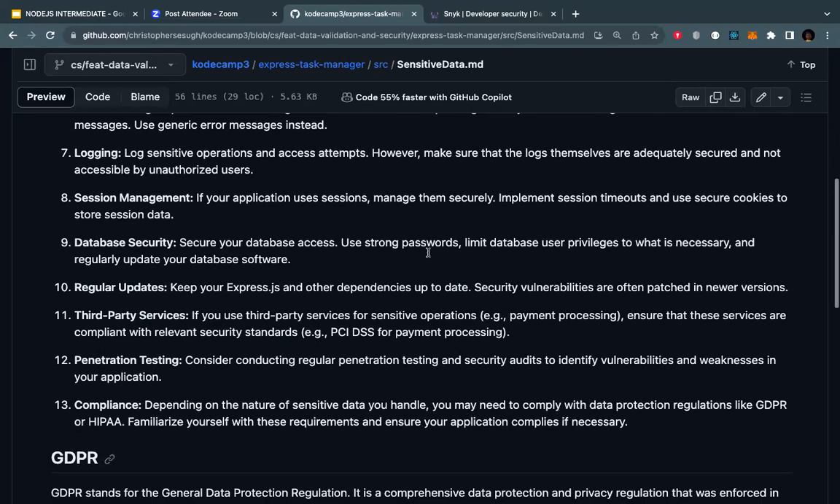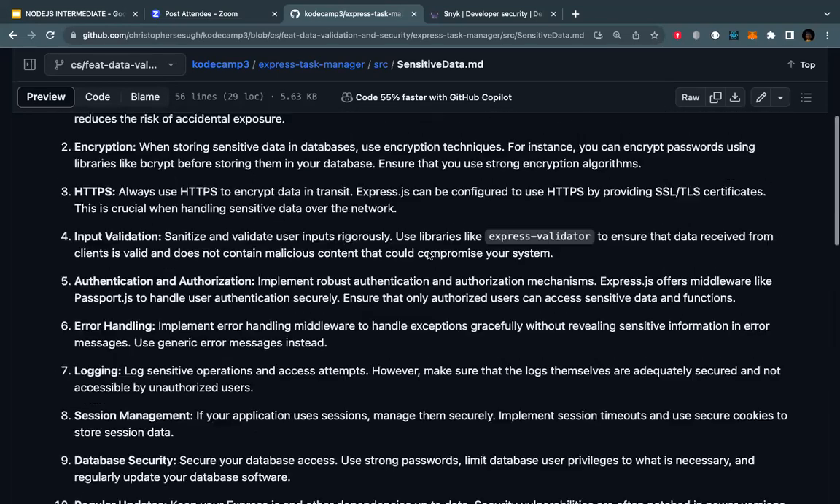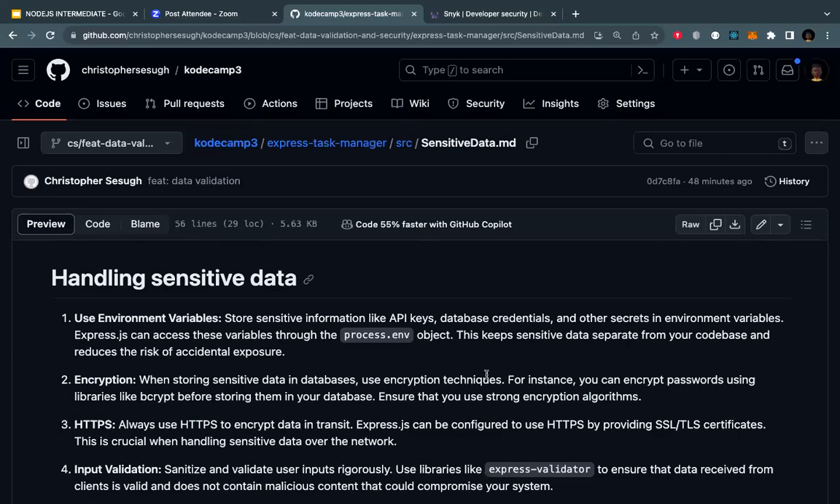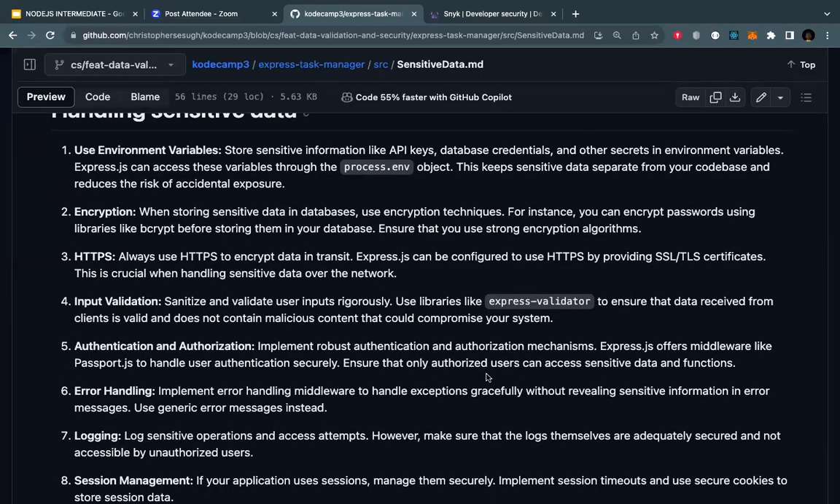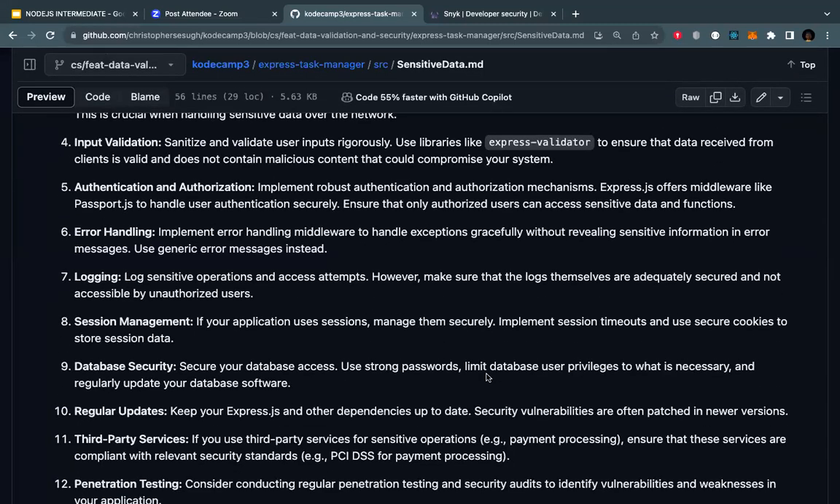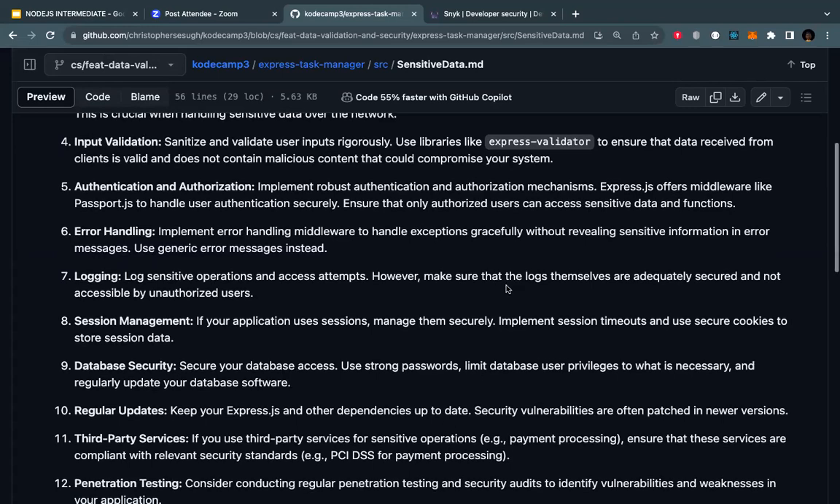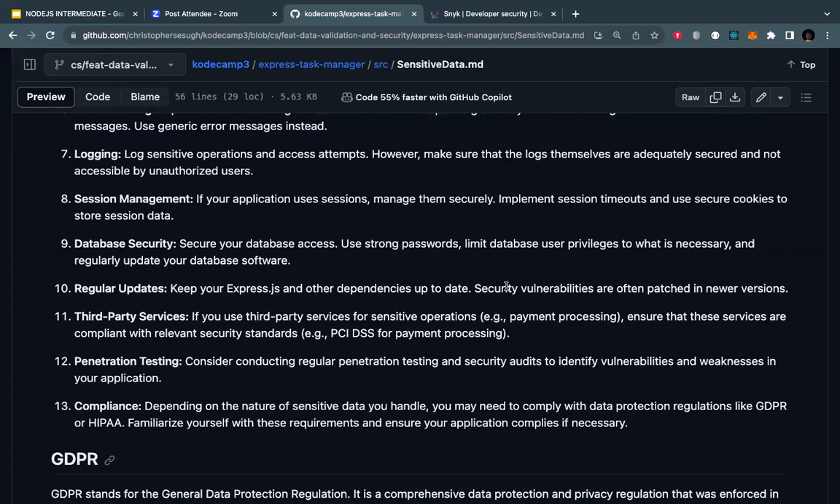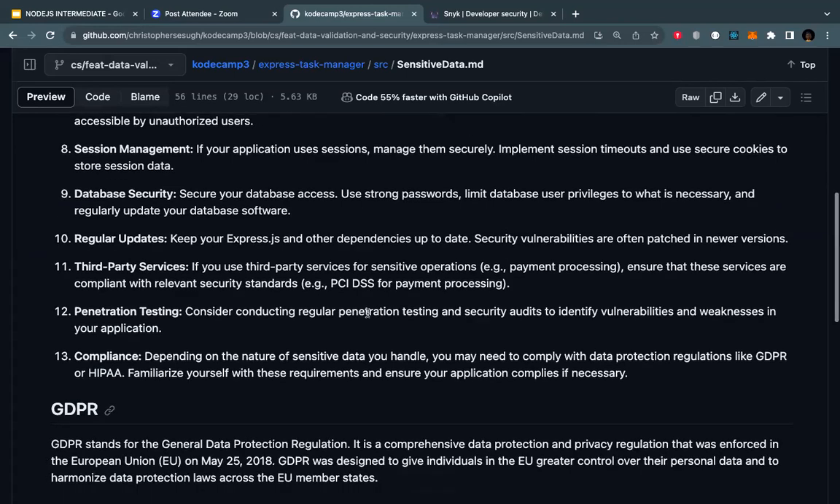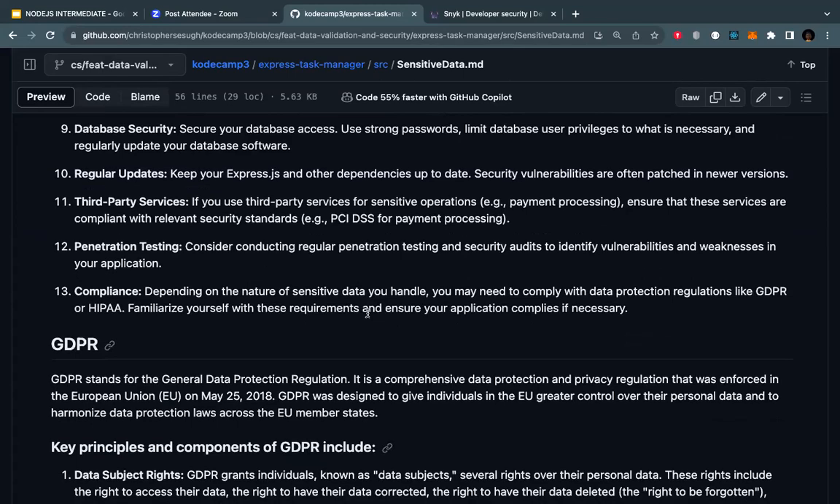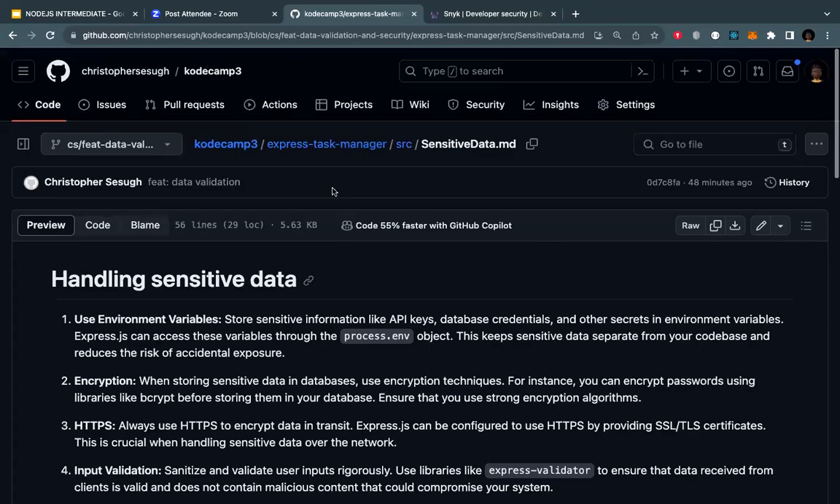So I think that's all for handling sensitive data. We've discussed how you can use environment variables, encryption, HTTPS, input validation, authentication, authorization, error handling, logging, session management, database security, regular updates, third-party services, penetration testing, and compliance. We also talked about GDPR. And that is awesome. So the next on our list is